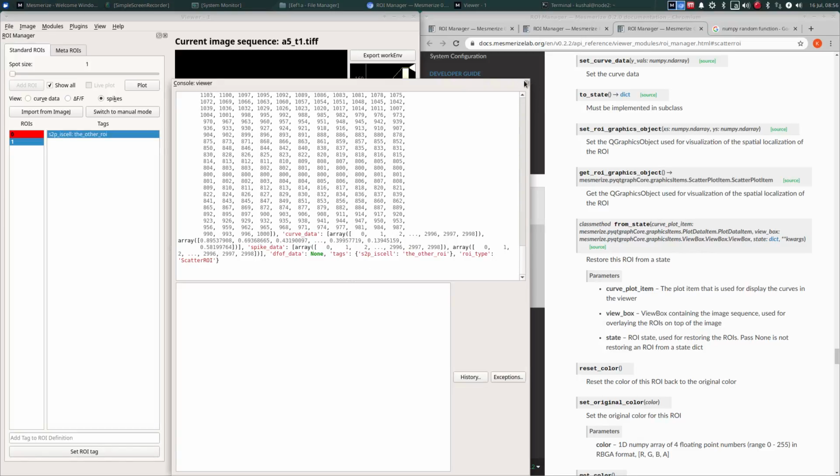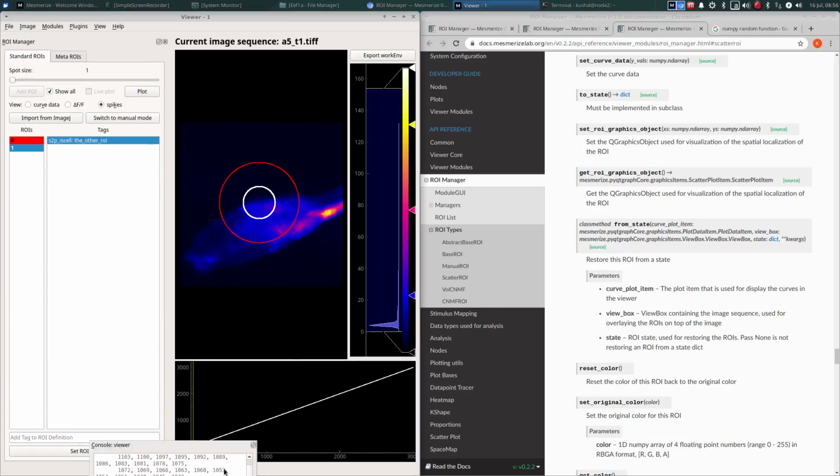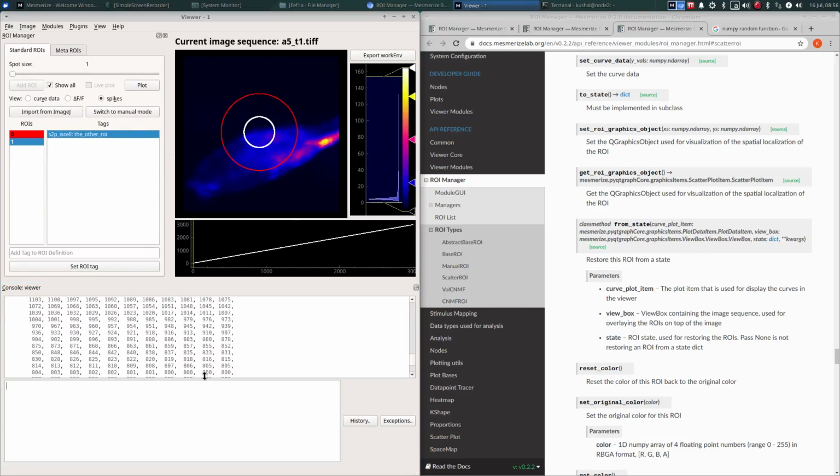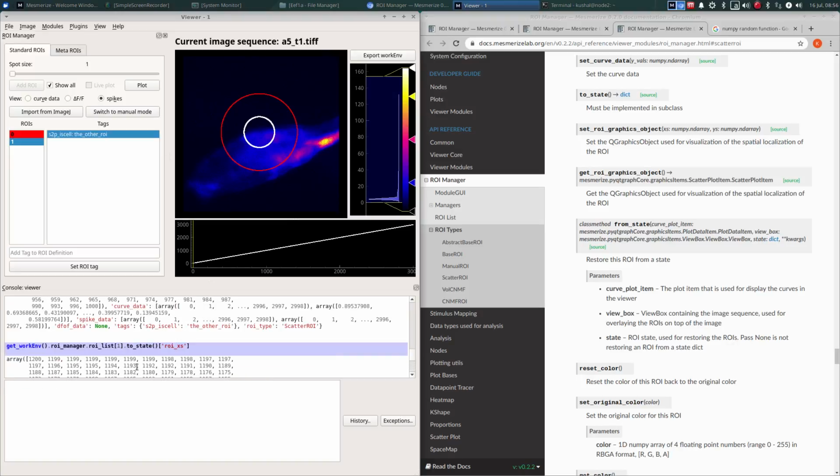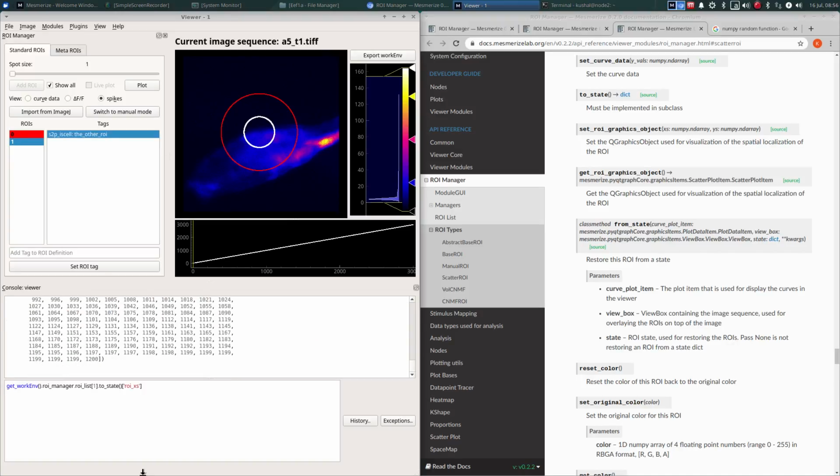So for instance, let's dock this back in and do ToState and then ROI axis, and that gives all the X points that delineate the ROI, and ROI Ys will give you all of the Y points,